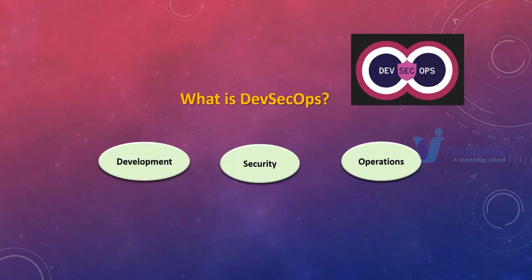See, by looking at the code, I cannot tell which code is having vulnerability and which code is not having vulnerability. So at that time, what do you have to see? I need to pick a tool. The tool will help me to find out the vulnerabilities that we have in the code or in the software.